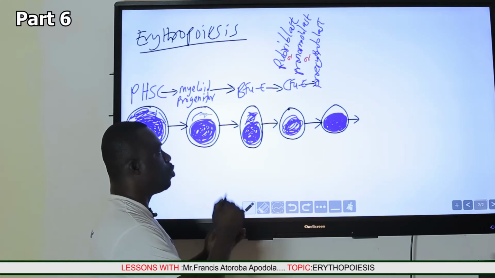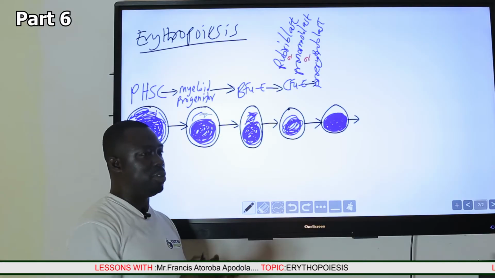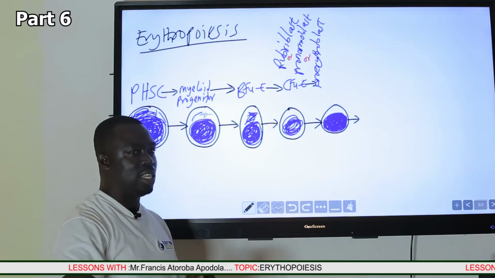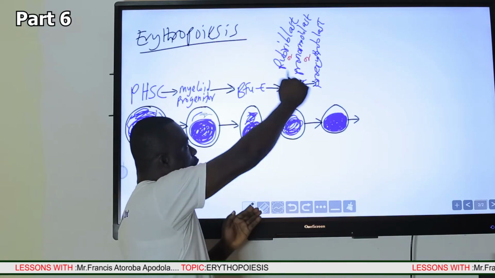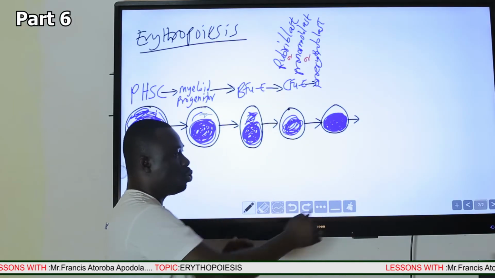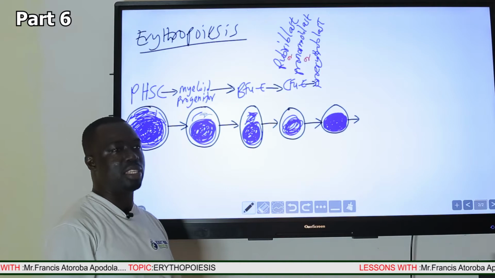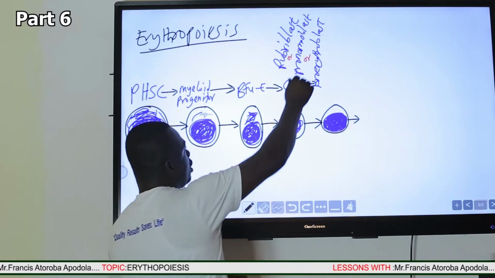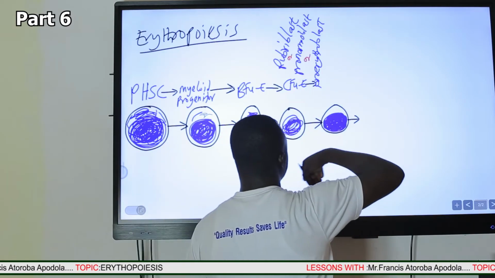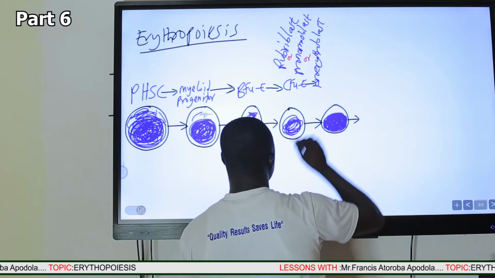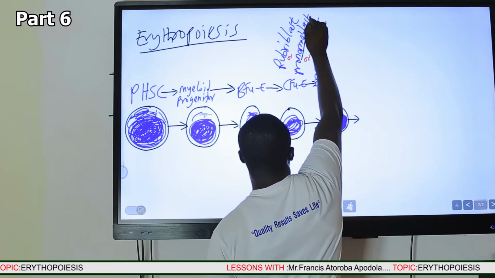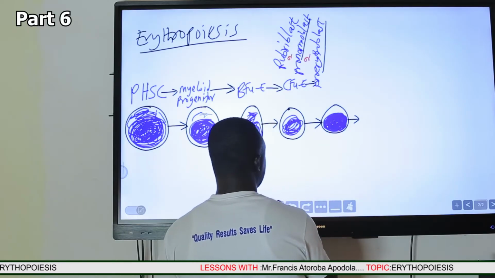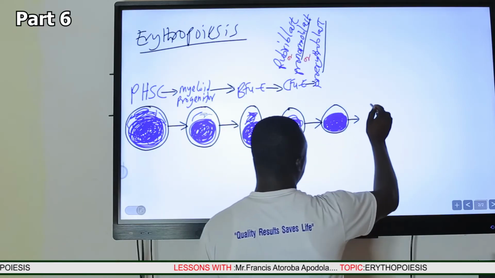So if I say proerythroblast, it actually means before erythroblast. Then technically, if we are talking about before the erythroblast stage, the next stage will be the erythroblast stage. So if this stage is the proerythroblast, then the next stage will be the erythroblast stage, or the normoblast stage. So this will give rise to